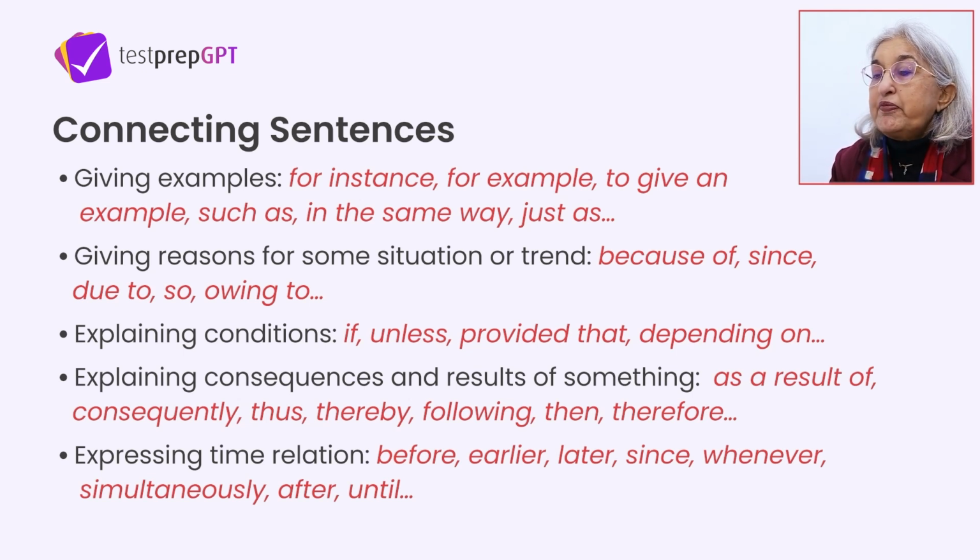All right? And then, of course, when we talk about anything, we have to take into account the time factor. Something could have happened before and then something else has happened, or you're explaining what the conditions were like in the world earlier on, and then you describe what happens later on. So you use these words like before, earlier, later, since, whenever, simultaneously. Now, simultaneously means at the same time. The two events taking place at the same time. And after or until this happens. So there's a condition over there that until this decision is made, we cannot take any action further. So until, that is a condition.